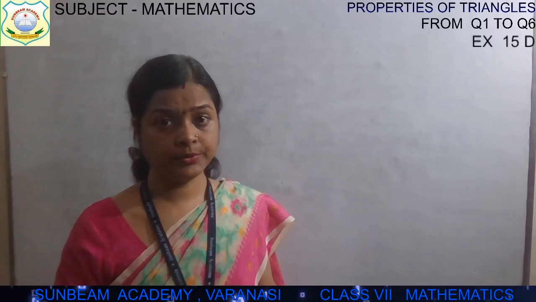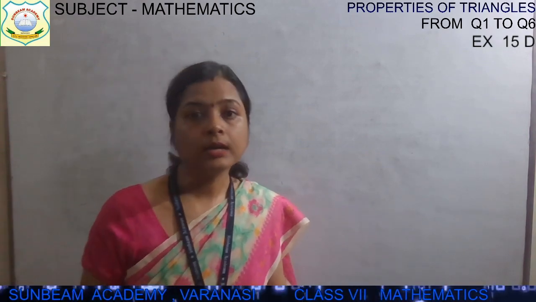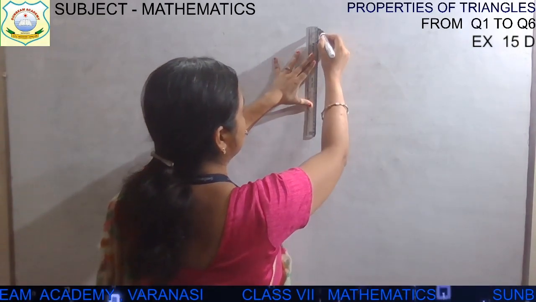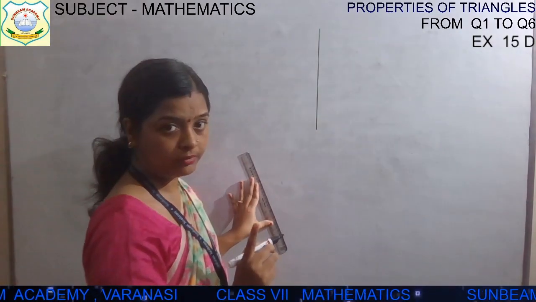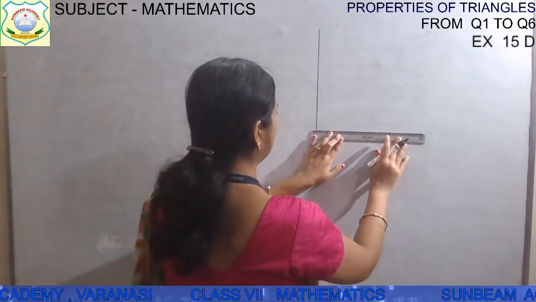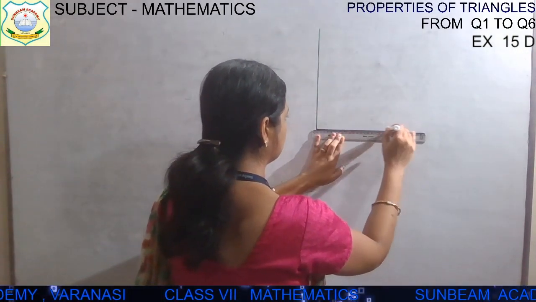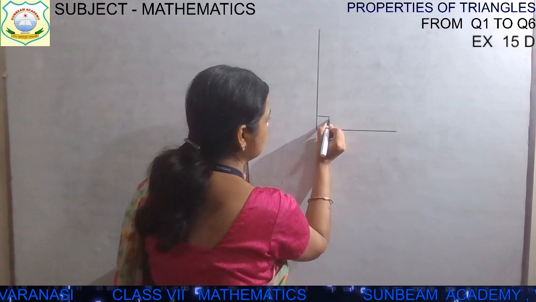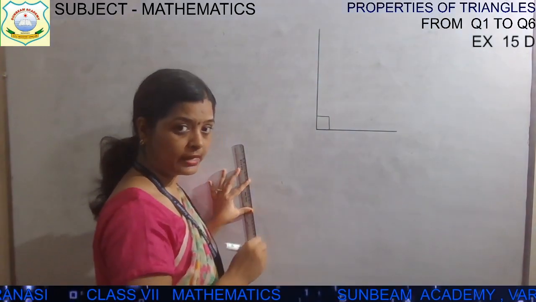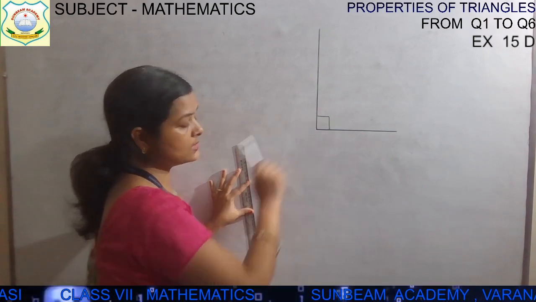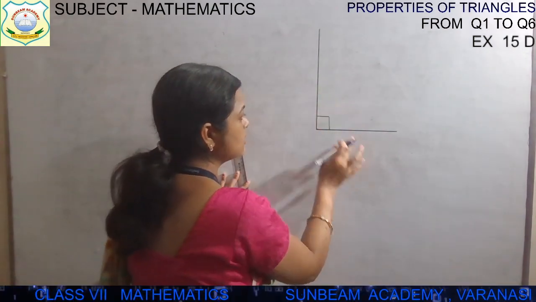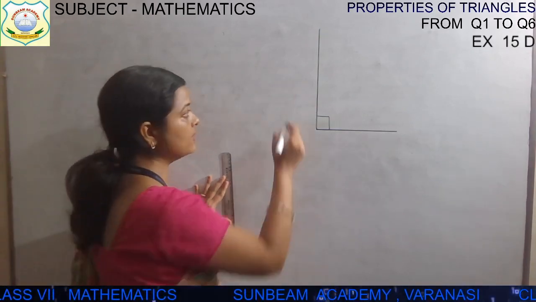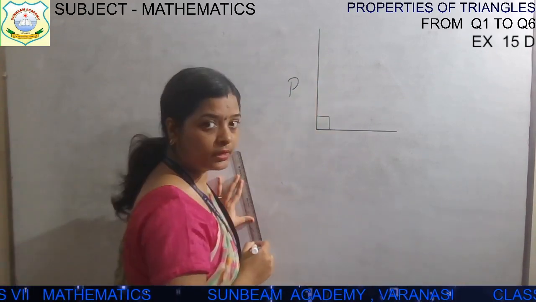So what is the hypotenuse side? What are the other two sides? Let's see this first. For that we will draw a right angle triangle. Now if you see till here, I have drawn two sides of a triangle, and if this one is the right angle, meaning this is 90 degrees, then these two sides are called legs. These two sides are called legs, as well as this can be called perpendicular and this can be called base.